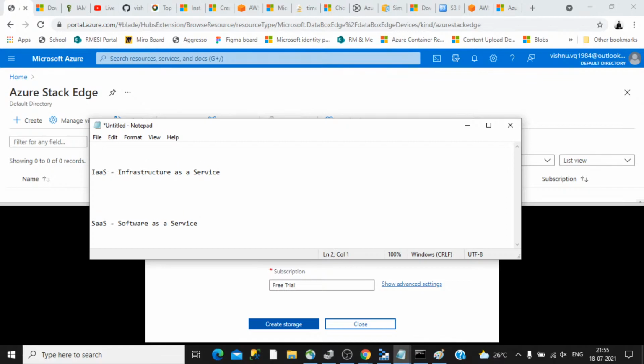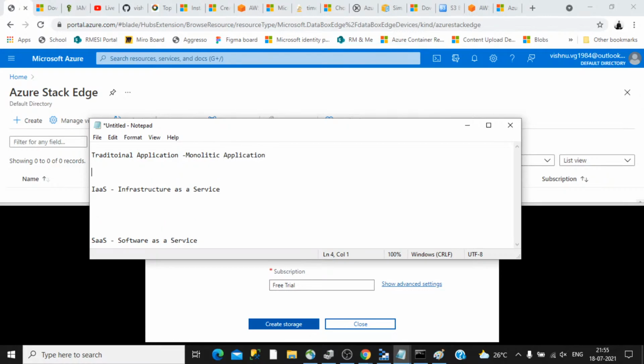Okay, so imagine you have a traditional application, which can be thought of as a monolithic application. There is no split of responsibility or such kind of thing. Everything is baked into one single application, and your organization is using this one. And you are moving to cloud. So that is the aim, you are moving to cloud.